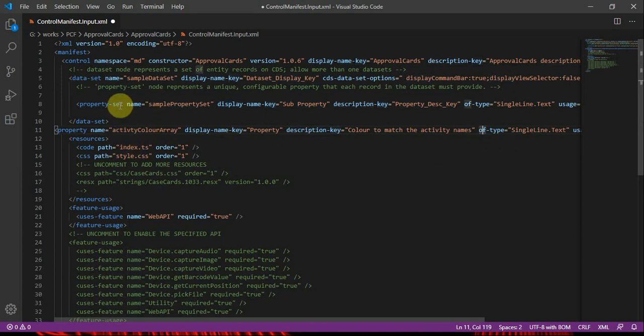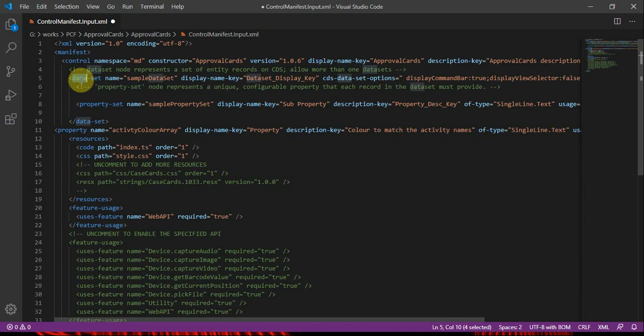These things are mentioned there. Same way, you have something called property set. Property set is nothing but a set of fields or attributes that we are defining, which are required in the dataset. In simple terms, we have seen we are masking the active accounts view.